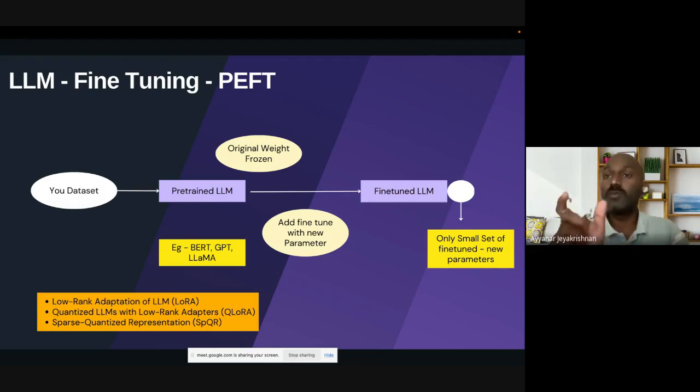The precision reduction makes it 3.145. The bits will be reduced. Another one is sparse quantized representation, but it is not much used. There is a loss of precision when you do quantization, but if you use sparse quantization, that loss is also reduced. That is the advantage.